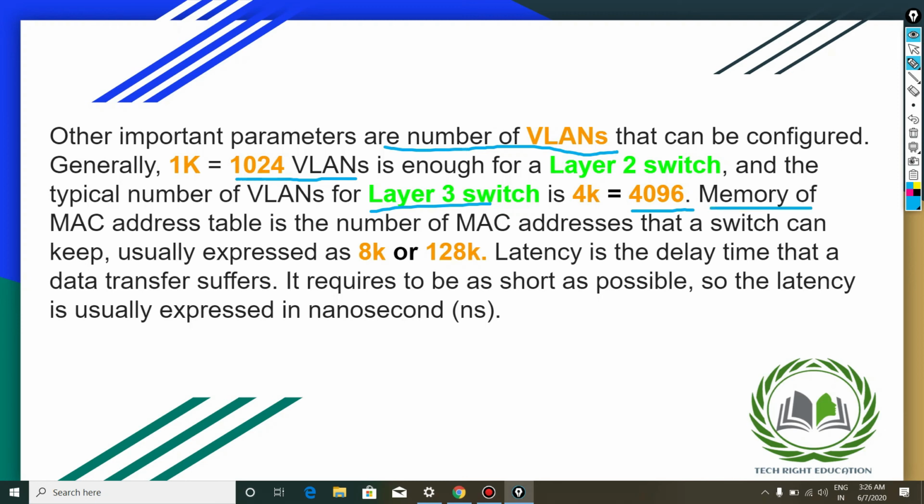Memory of the MAC address table is the number of MAC addresses that a switch can keep. Usually it is expressed as 8K or 128K. Now the next parameter is latency. Latency is the delay time that a data transfer suffers. It is required to be as short as possible. Latency is usually expressed in nanoseconds.